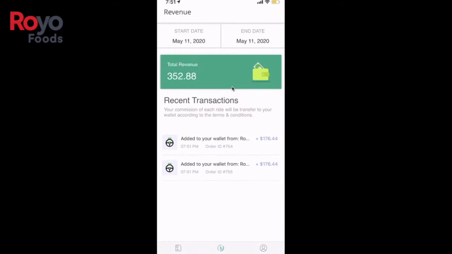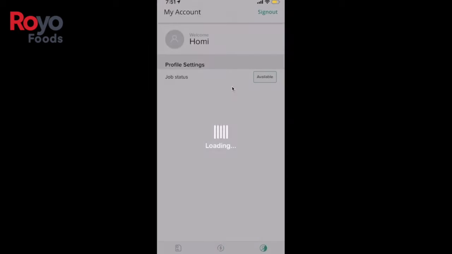And over here we have the section for revenue. So in case the driver wants to see what is the total earning for him within a given specific time, he can just select the date range over here, and he can see what's the total revenue generated, and it is directly transferred into his wallet over here, so that he can just settle this at different payouts with the admin. And then the driver can set his profile from this particular option.